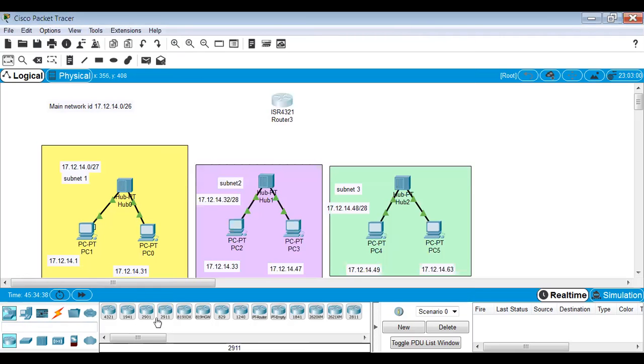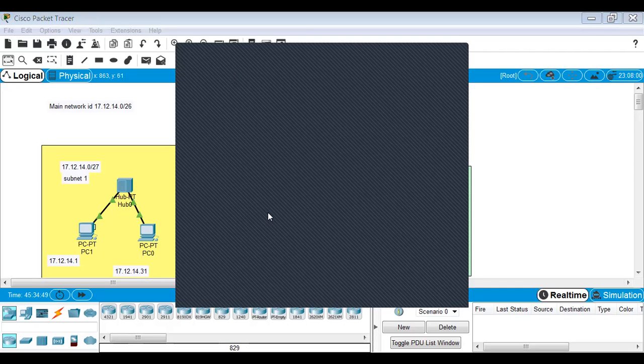So we'll take another router. Suppose we take this router 829. First we have to check it. So we have three links, but when you click on this link, you don't have any IP address configuration. So that's used for VLAN. So when you click on this, there's no option available. For the first one, you have an option. So there's only one link available. So we cannot take this router.